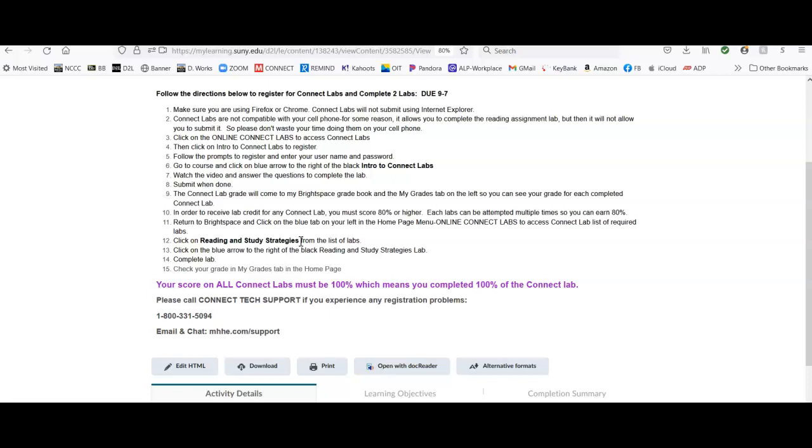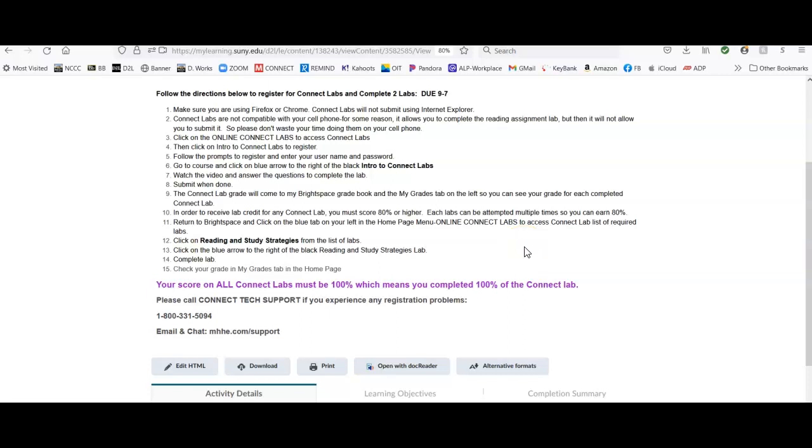And in order to complete the lab, you have to have 100% percentage points, which means that you have 100% of the material done and answered correctly. So therefore, if you answer questions correctly, your percentage will go from 0 to 100 rather quickly. If you have trouble with maybe 1 or 2 concepts, your percentage, and there's a little bar at the bottom of the screen in each Connect Lab, might stay at 10% or 22% for a little while until you master that strategy. And I believe if you miss it 3 times in a row, they'll give you different questions about